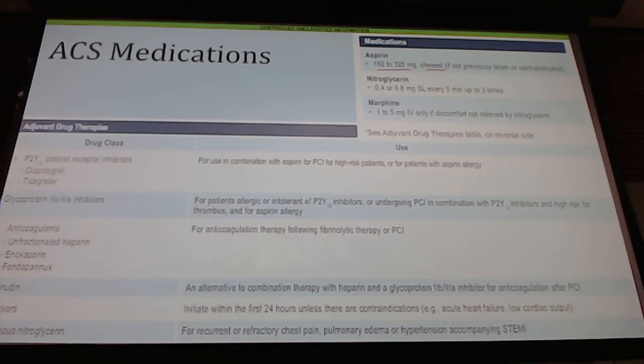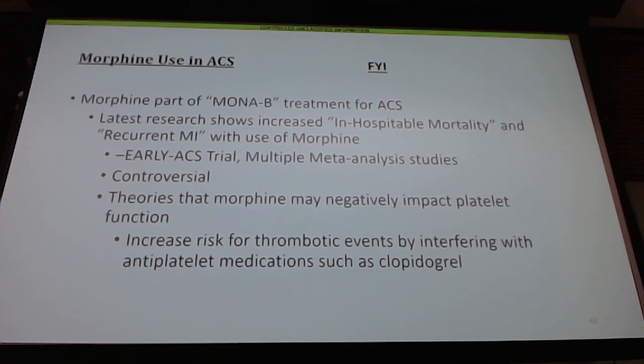Nitro, okay, do the sublingual every 5 minutes up to 3 times. Now morphine, if discomfort not relieved by nitro. And this is important because, this is an FYI slide, but some of the new literature that's starting to come out is actually showing that morphine may be contraindicated in this patient population based on this early ACS trial that they did, and there's been multiple meta-analysis studies that have been done as well